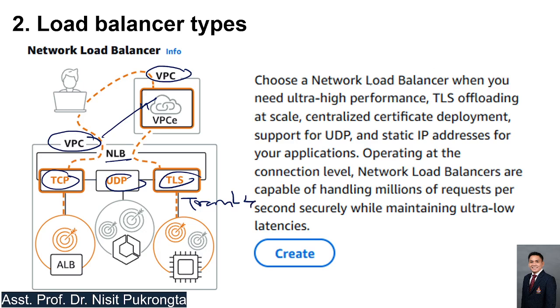When you use the NLB, you need ultra high performance, based on the traffic of your use. If you would like to protect or improve the performance of the network layer, you can use this.